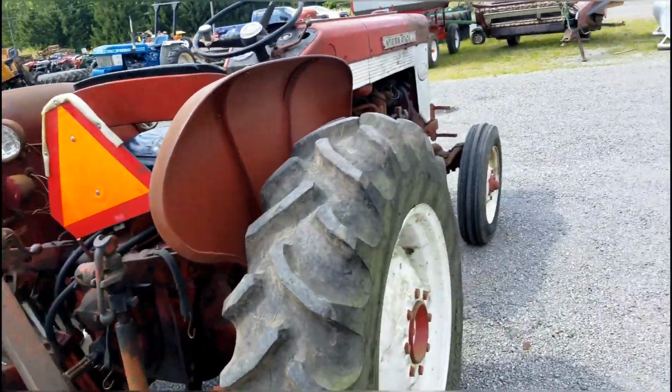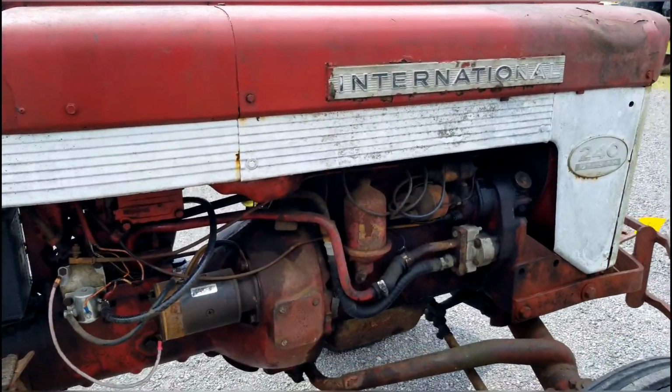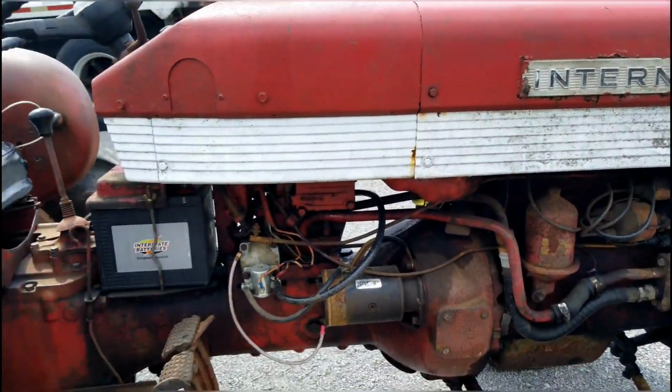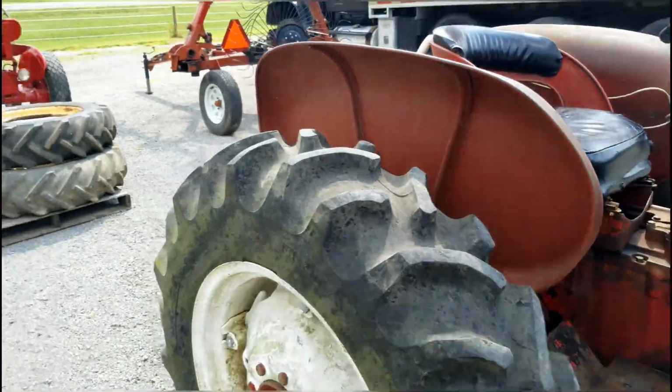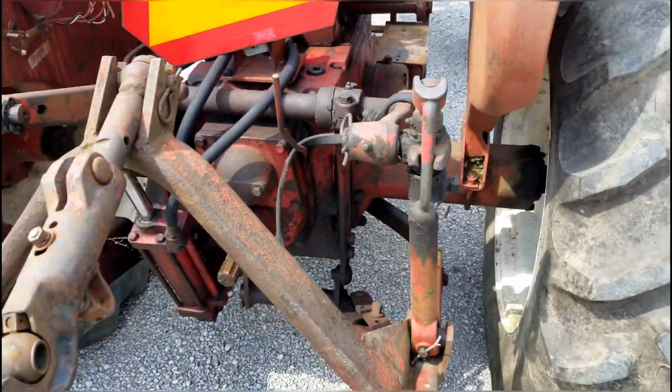Oh, and we got an International 240 here. It's definitely seen better days. It needs some TLC for sure. You had a need for a little tractor like this. You can come back to the rear here and see that